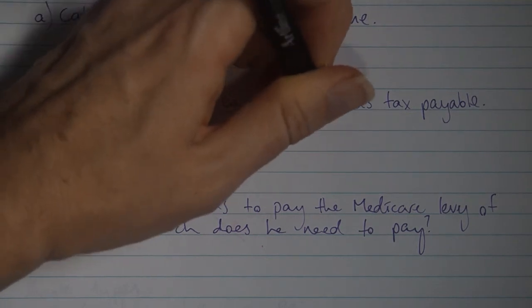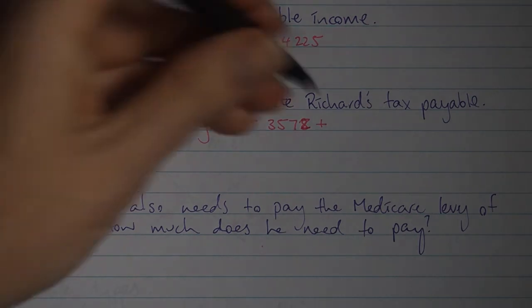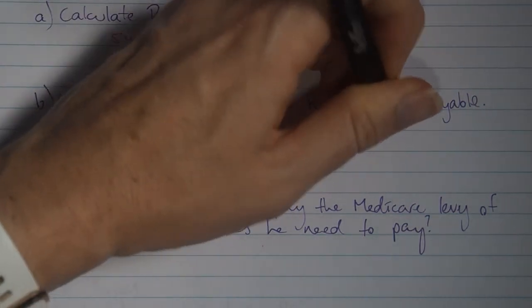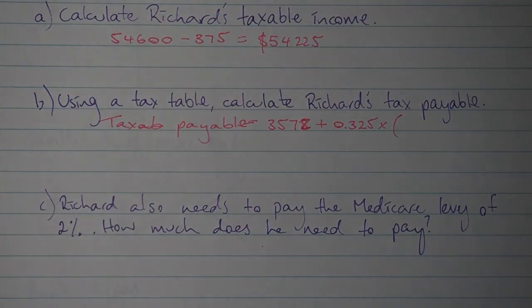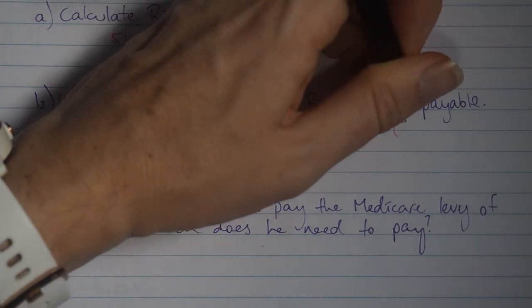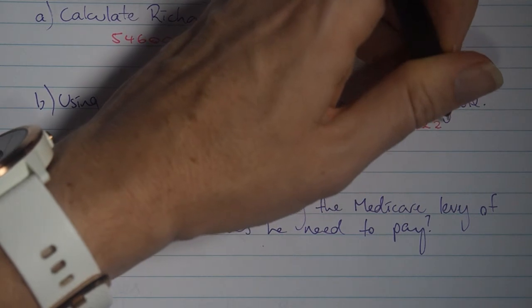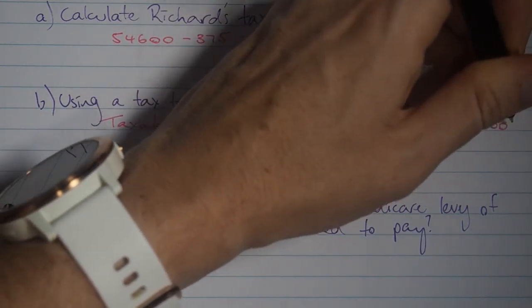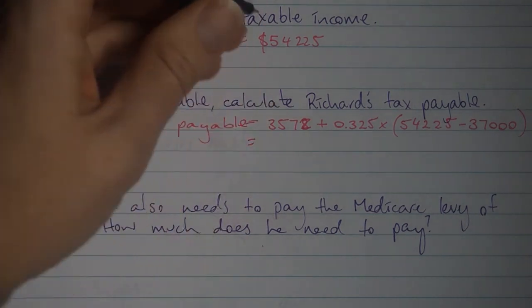2.5 plus, now 32.5 cents we need to write in dollars, so that's going to be $0.325 multiplied by, now the difference between his taxable income and 37,000. So I'm just going to put that subtraction into our calculation. So his taxable income was 54,225, and we want to know how many over 37,000. Okay, so then we can just calculate that all in one go. All right, pop it in our calculator, and we get